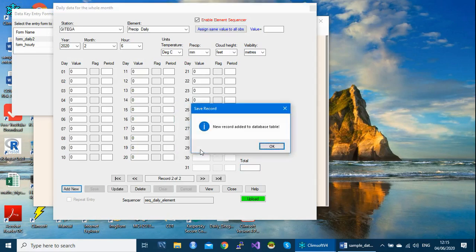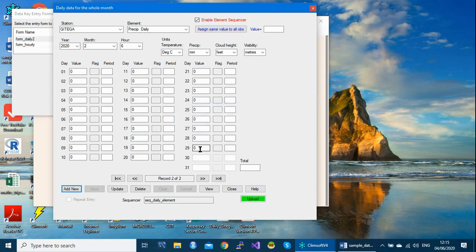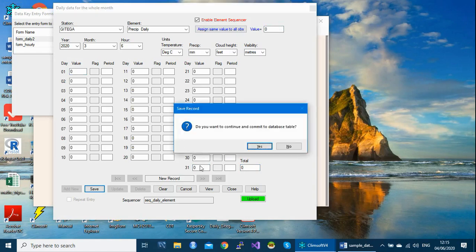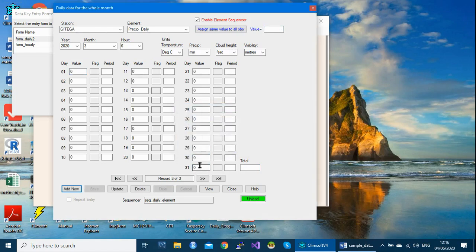By clicking on add new, it will go to the following month and so on. Maybe yes, it was also 0. This month was full of zeros. So you need to confirm. By add new, it will go to another month and so on. So after all the months, it will go to another year and so on and so on. So let's say